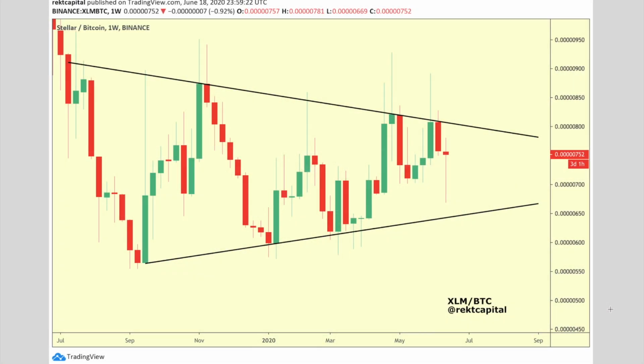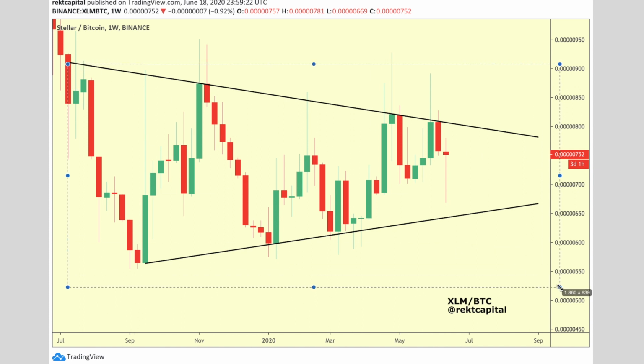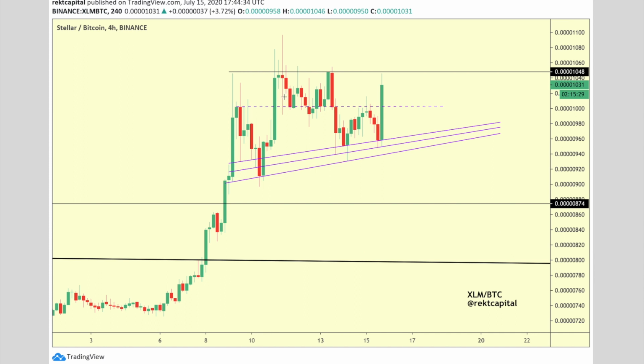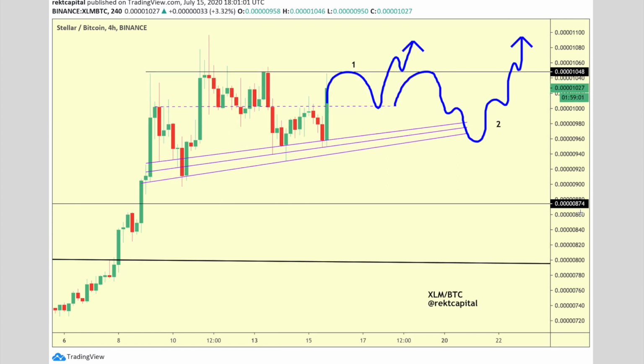So what does Stellar, Vechain, and Kyber Network have in common? So this is Stellar, a bullish higher time frame accumulation range, which translated into a new bull market, a new bull trend, 40% towards the upside, followed by a reaccumulation range within another bullish ascending triangle formation, followed by a